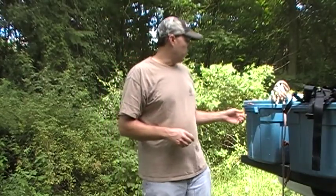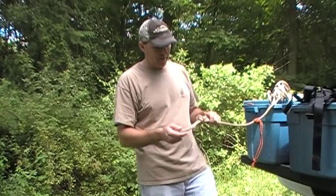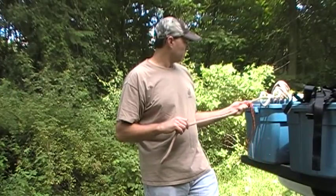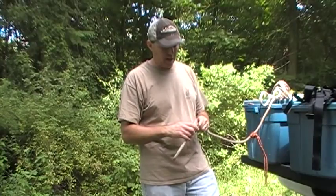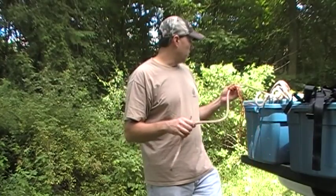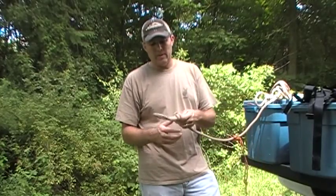This is a rope that I make myself. It's a climbing rope that I buy. This is a pretty heavy duty rope. It has a strength of about, I think, 9,000 pounds of force it can withstand. And what I do is, it's 7/16 inch. What I do is I cut off about 30 feet of this and tie a nice loop around the end